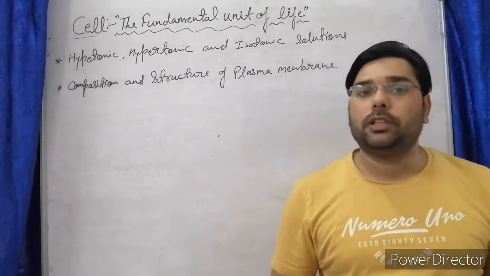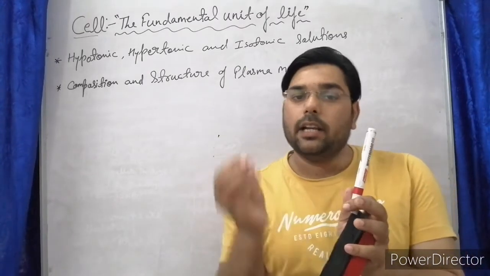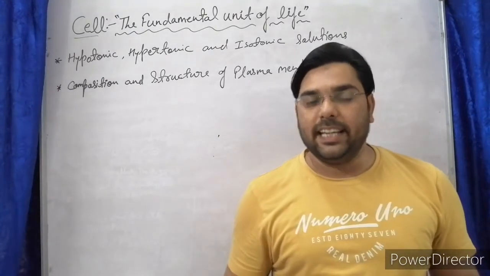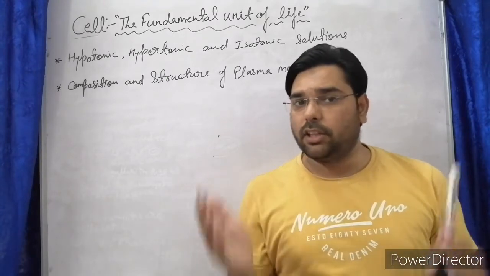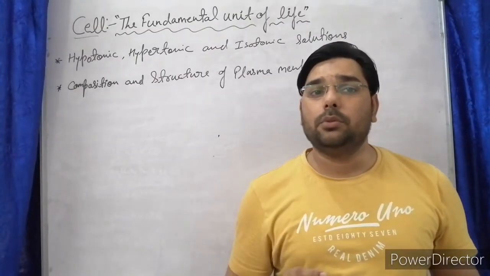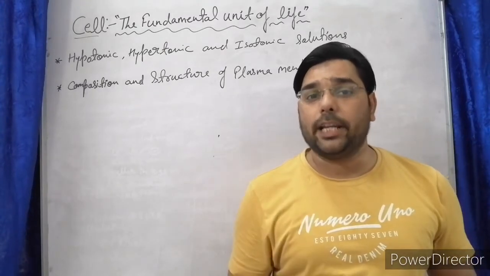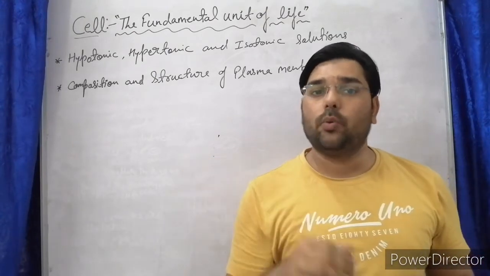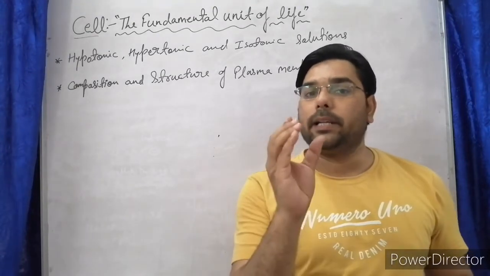So what is a hypotonic solution? Suppose we have taken a beaker, and in that beaker we have taken some water and put some raisins in it. If the concentration of the solution surrounding the cell is lower compared to the cell, meaning the external surrounding is more diluted, then what happens? Water goes from the higher concentration to the lower concentration, meaning water from the surrounding goes into the cell, and the cell will ultimately swell.